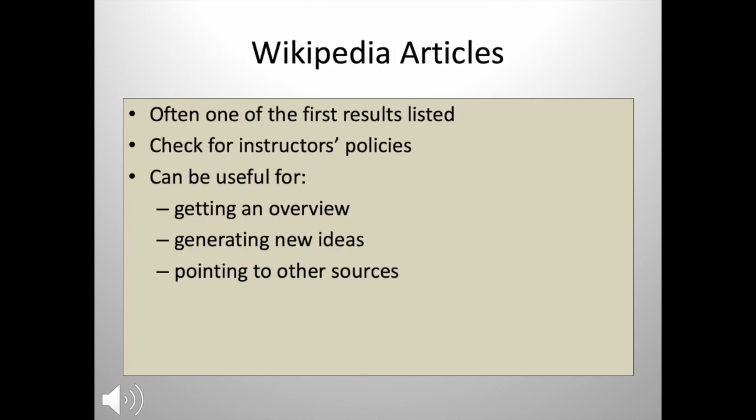Wikipedia articles often come up as one of the first results in a search engine for many topics. Instructors differ about whether Wikipedia is a valid source that can be cited, so make sure you know your instructor's policies. Although Wikipedia may not be fully accepted as a citable source in academic projects, it can still be a